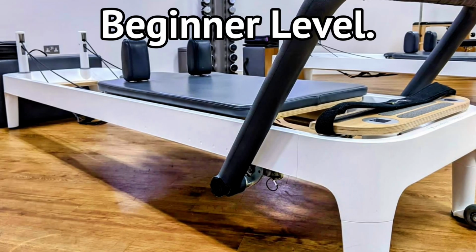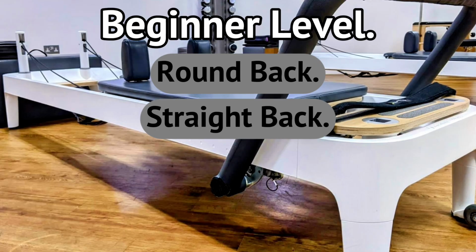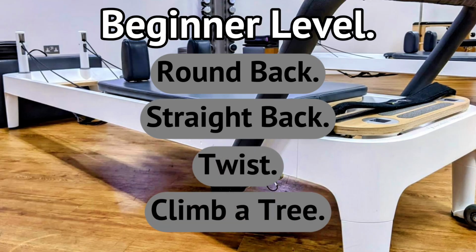In the beginner level, we will cover round back, straight back with two variations, one with the hands behind the head, the other holding a pole overhead, twist, and climb a tree. Once more with two variations, the first using a Pilates circle, ideally for clients with tighter hamstrings, and the second